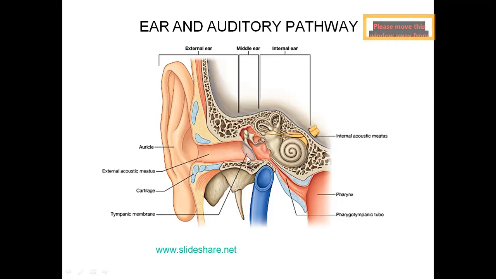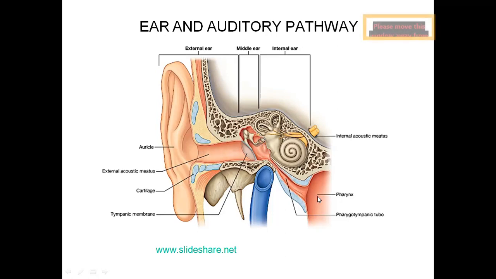This is our middle ear, right? This is the lateral boundary, away from the midline. How is it formed? By the eardrum, also called the tympanic membrane. This is the medial wall. The medial wall is formed by the first turn of the cochlea, which is given a special name called promontory. And this is the stapes bone, and this is the footplate of stapes which is fixed in the oval window. So these are the things we have: oval window, round window, promontory. They are forming the medial boundary of the middle ear.